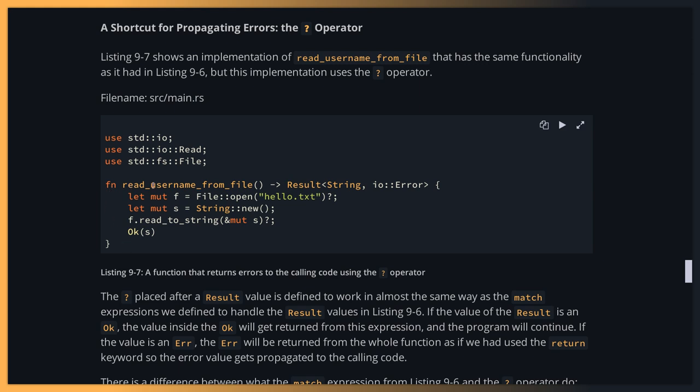fn read_username_from_file() -> Result<String, io::Error> { let mut f = File::open("hello.txt")?; let mut s = String::new(); f.read_to_string(&mut s)?; Ok(s) }